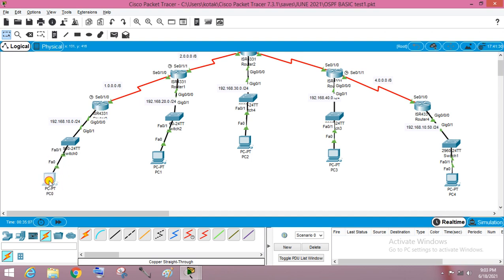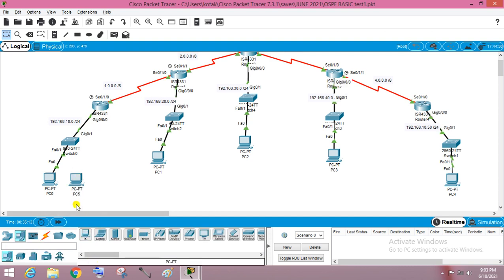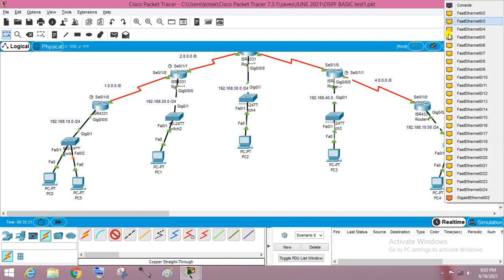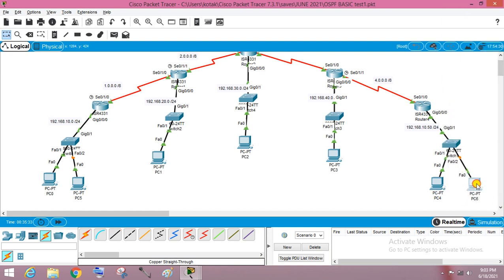Suppose I am connecting one more PC here. I just want to show you something. Suppose I am connecting one more PC here and one PC also here, connected with this cable to another interface, and giving an IP address.